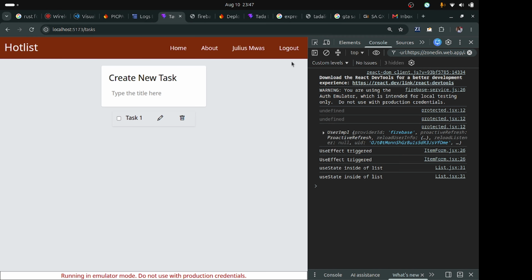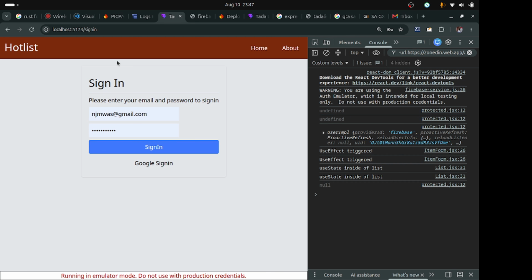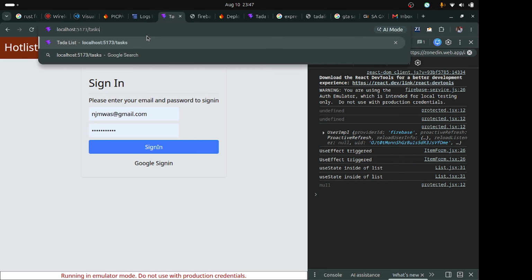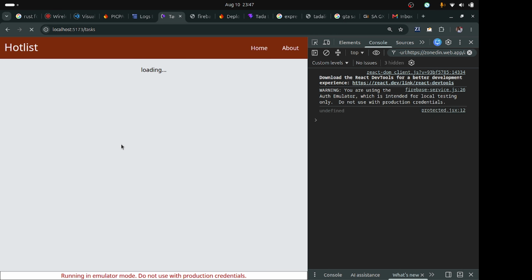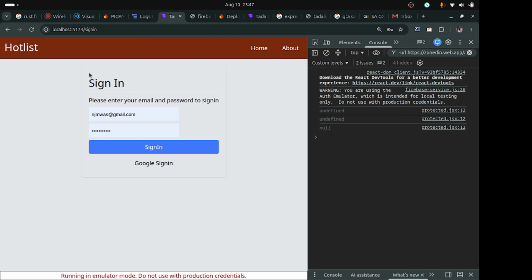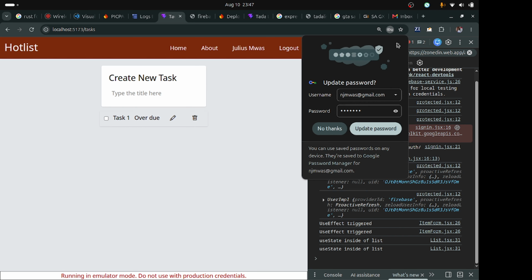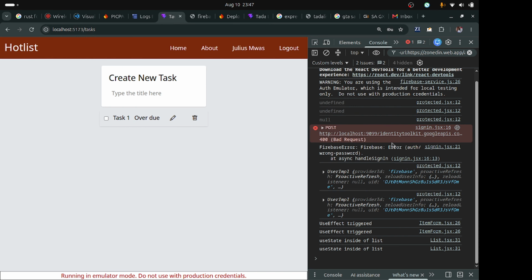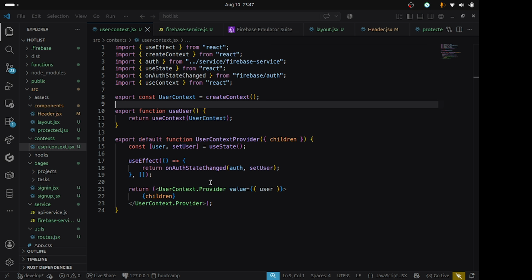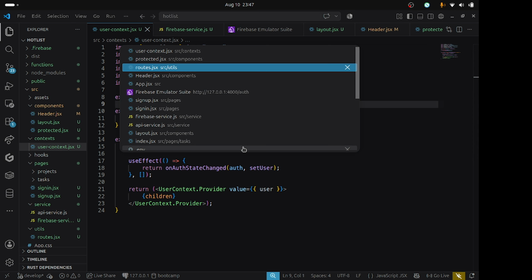We can now access that as long as that. So if I log out and I try to access tasks, I get thrown out, right? If I sign in, I go directly to the tasks. So now that is what we are looking for. Now we have managed to protect